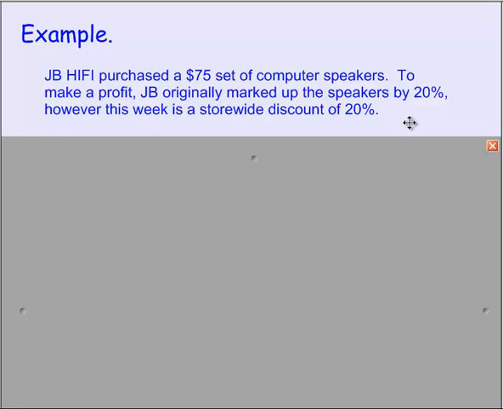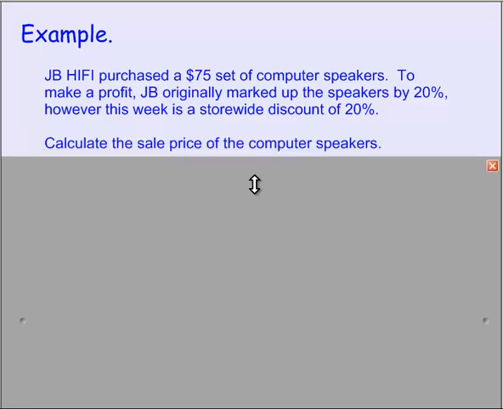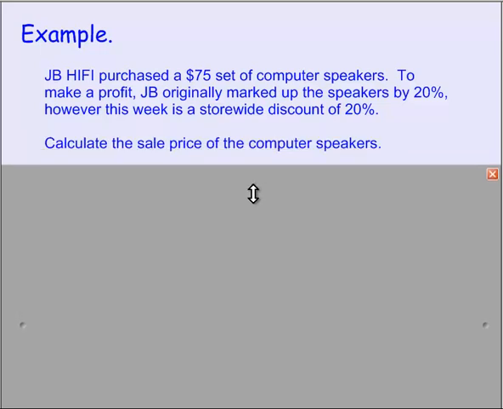So marking up something 20% of 75 is a certain value, but once it's increased and you have the new value, 20% of that new bigger value is going to be more than 20% of 75. I know it probably sounds a little confusing now, but we're going to have a look at it and prove my point. So we've got to calculate the sale price first,